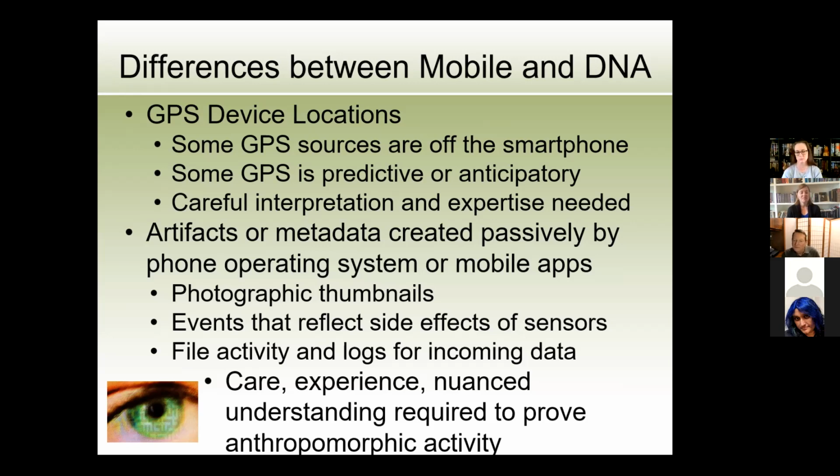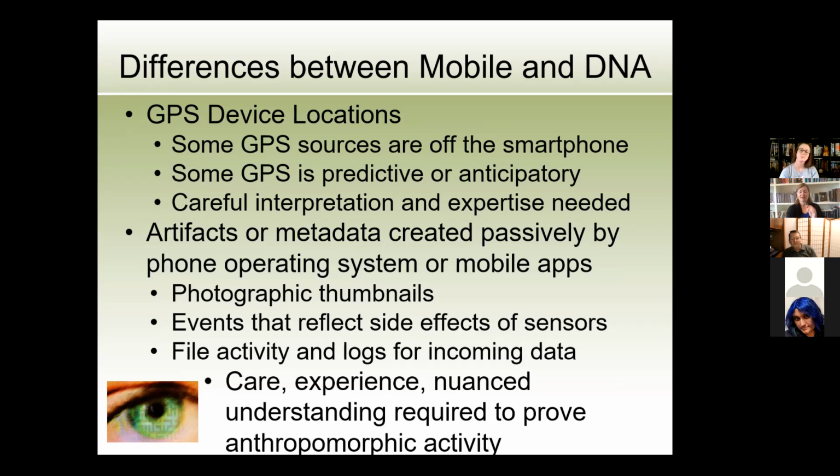There are also other forms of passive evidence creation by a smartphone operating system. For instance, photographic thumbnails. You may snap a picture of the family, right? But you didn't notice 7 thumbnails got created, or maybe subsequently created. Sometimes they're photo-reduced for different reasons on iOS or Android. But sometimes artifacts get created by the device that were not created by the user.